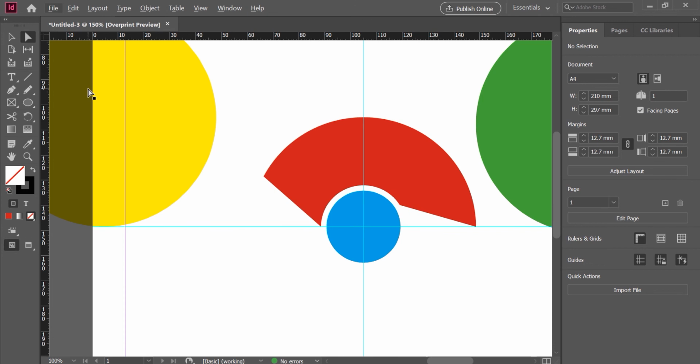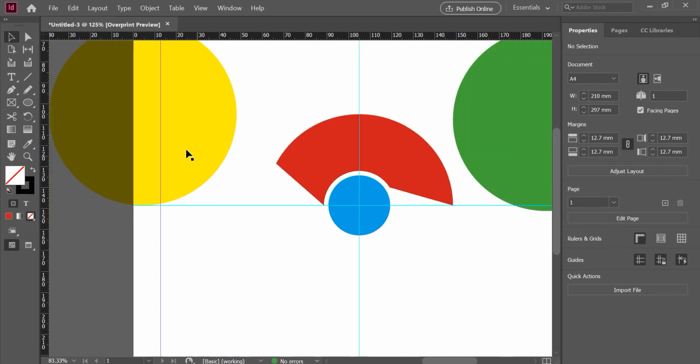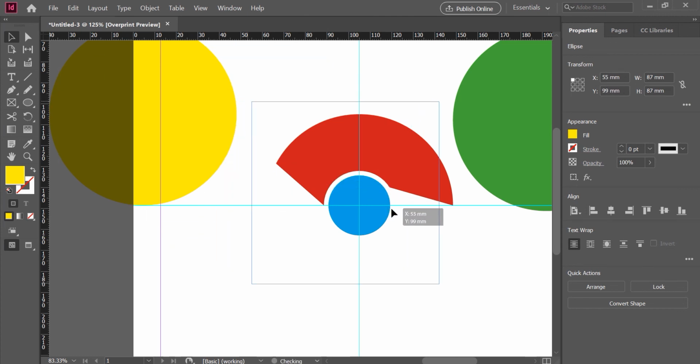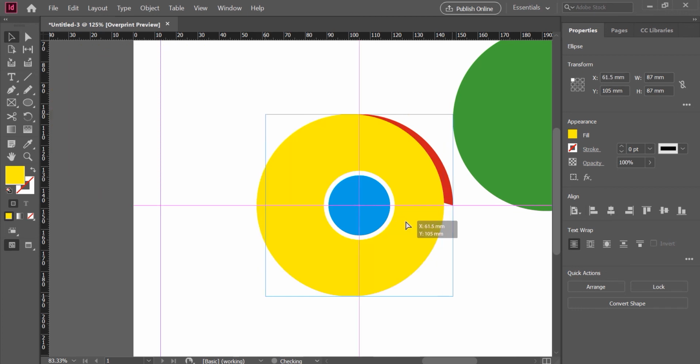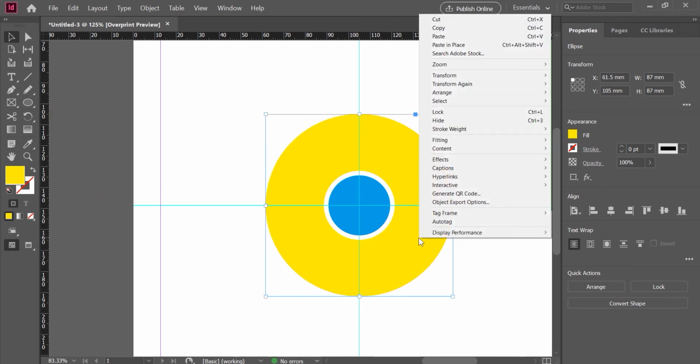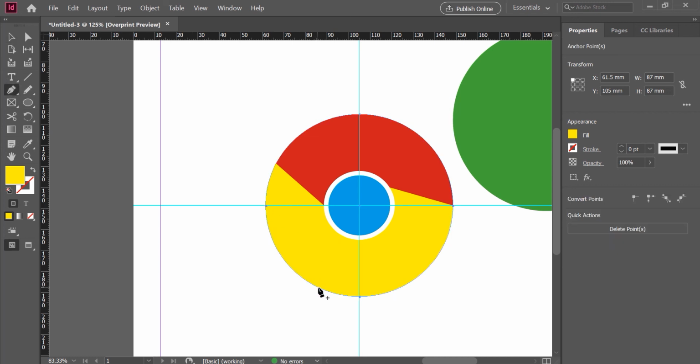After hiding that, the next one is a yellowish color, so for that I'll bring this yellow color and fix it exactly to the middle. Okay, after fixing that, right click on it, arrange, send it back. And there is a straight line from here to here, so for that I need a point here in this portion. So I'll make use of the pen tool, click here once so that it adds a point.